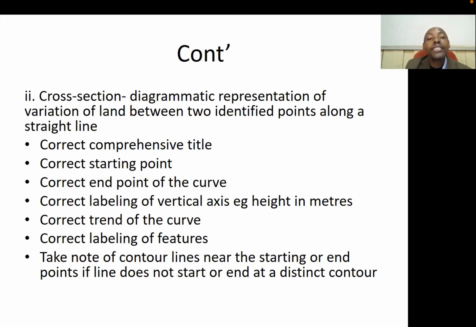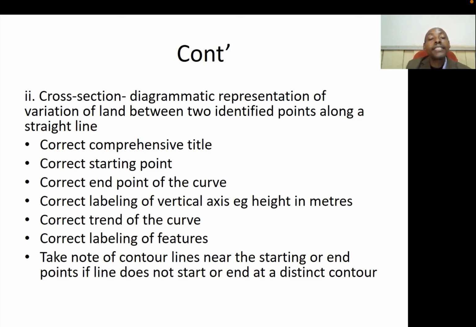Correct starting point, ensure that you get the starting point clearly. Correct end point of the curve, and then the correct leveling of the vertical axis and its height, units of the height indicated. If there are meters, if there are feet, indicate them clearly. Correct trend of the curve,